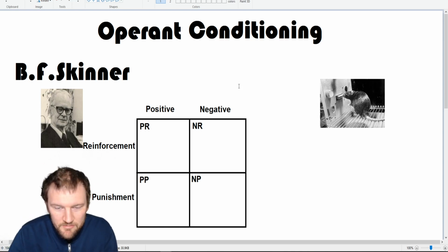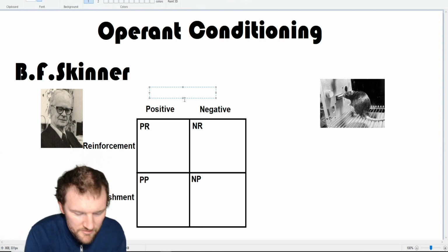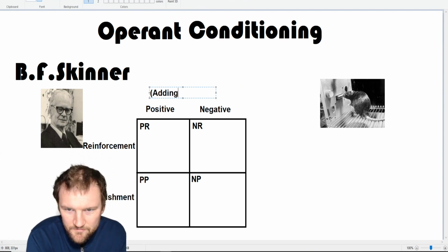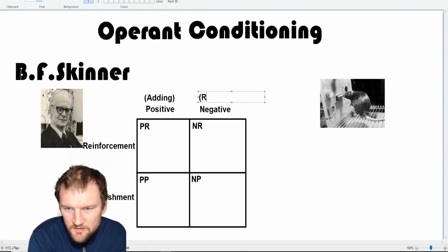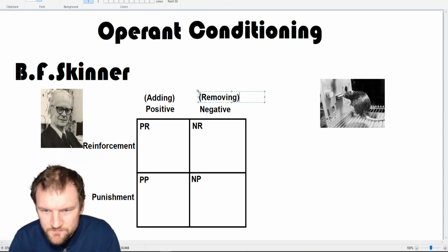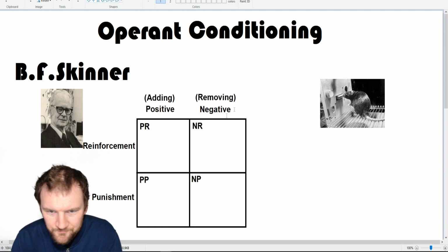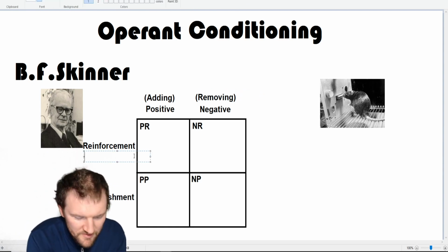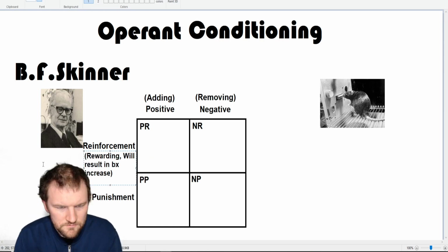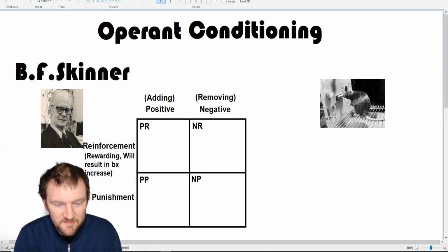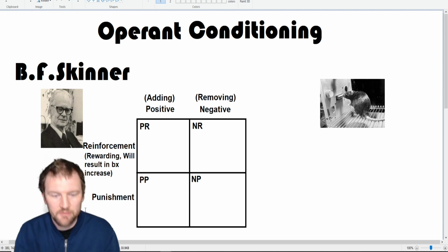You'd think positive means good, negative means bad, because that's how we usually use it. Positive does not mean good. All positive means is adding something. And negative means removing something. Does not mean good and bad. Reinforcement simply means it's going to increase the frequency of behavior, or it's rewarding. And punishment, of course, means it's a punishment, or you don't want it to happen,